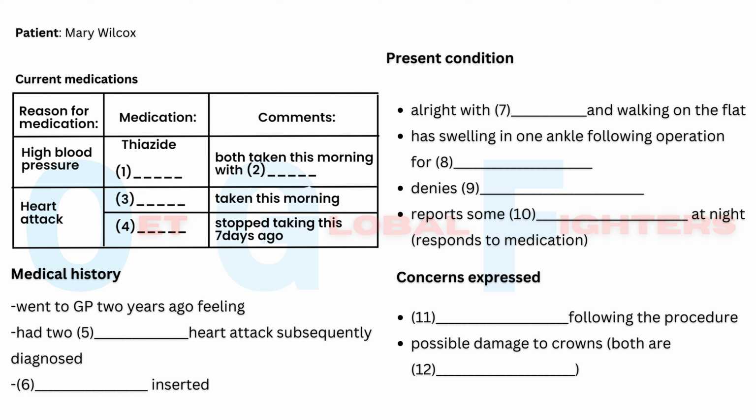OK. Oh, the other thing is, I've heard that if you have crowns in your mouth, they can get damaged if they put in an air tube. Well, it's unlikely, but we'll take special care. So, which teeth are we talking about? These two. OK, the two central incisors. And do you have any other teeth with crowns or implants? No. OK. So, what we have planned for you is to take...